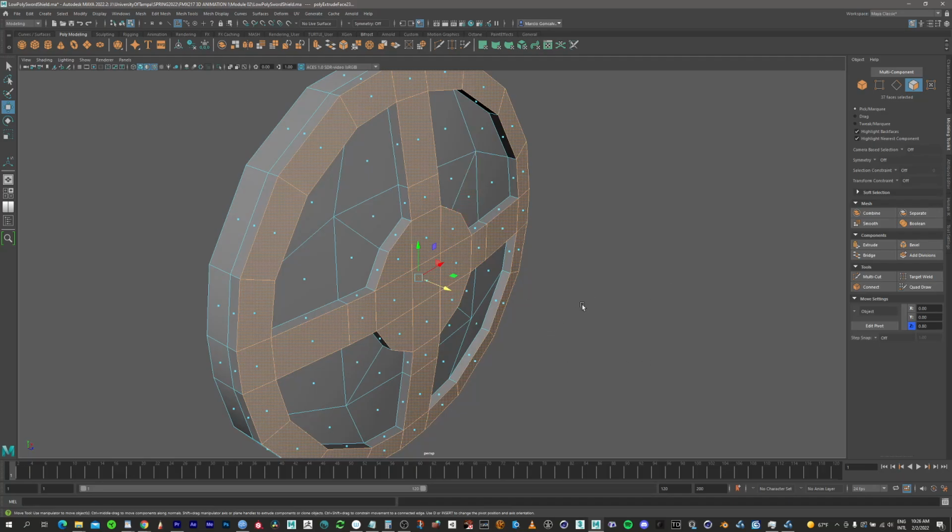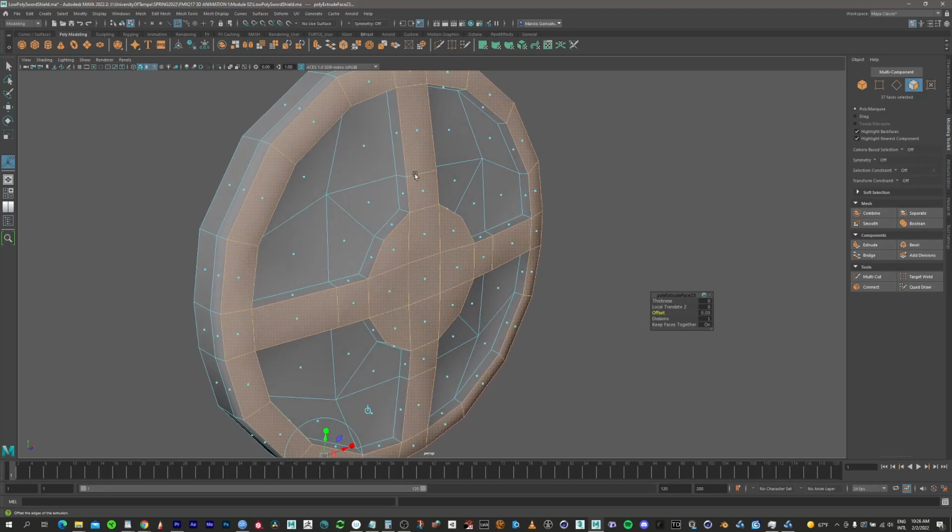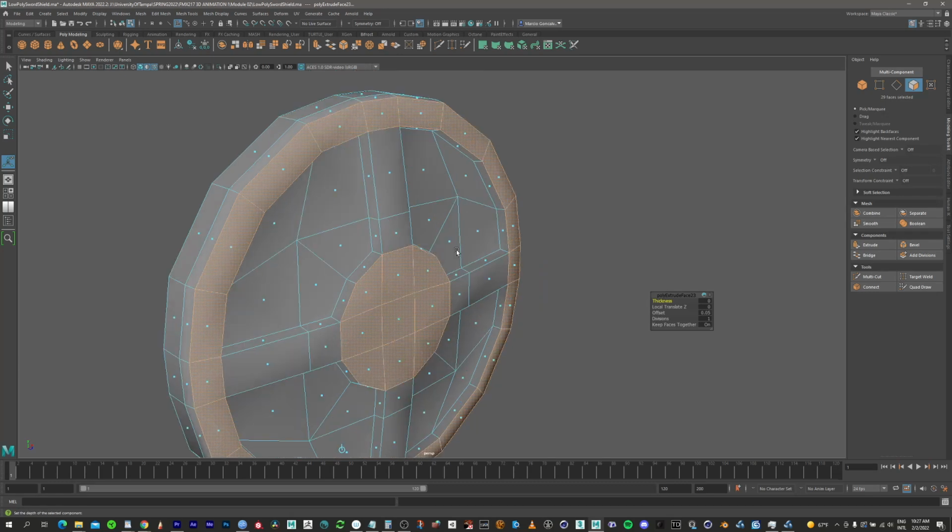I can just press T, and this will bring the manipulator, which is the pop-up of any tool that you used. It's gonna show the pop-up of the last tool. So we get the offset again, and we're gonna do a very slight offset here, just a little bit. I think that's good. Now I'm gonna unselect the straps here, and I'm gonna extrude one more time,